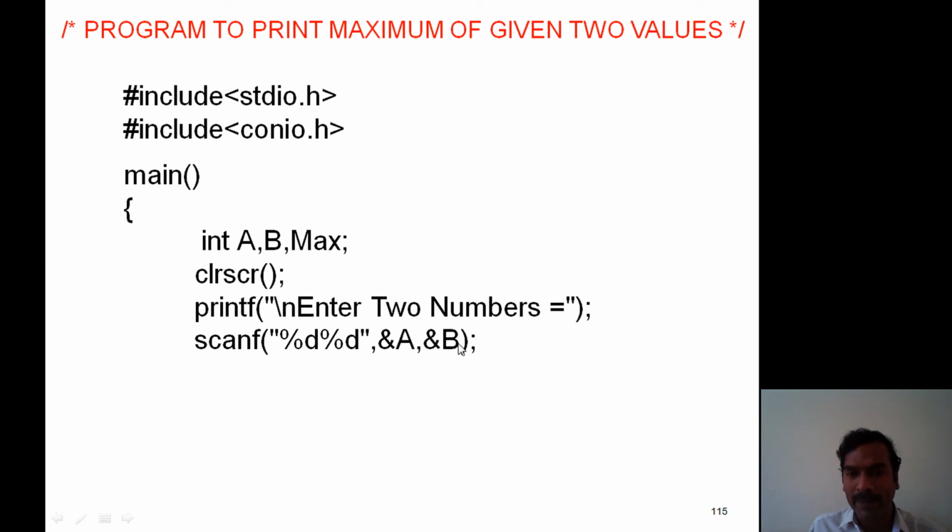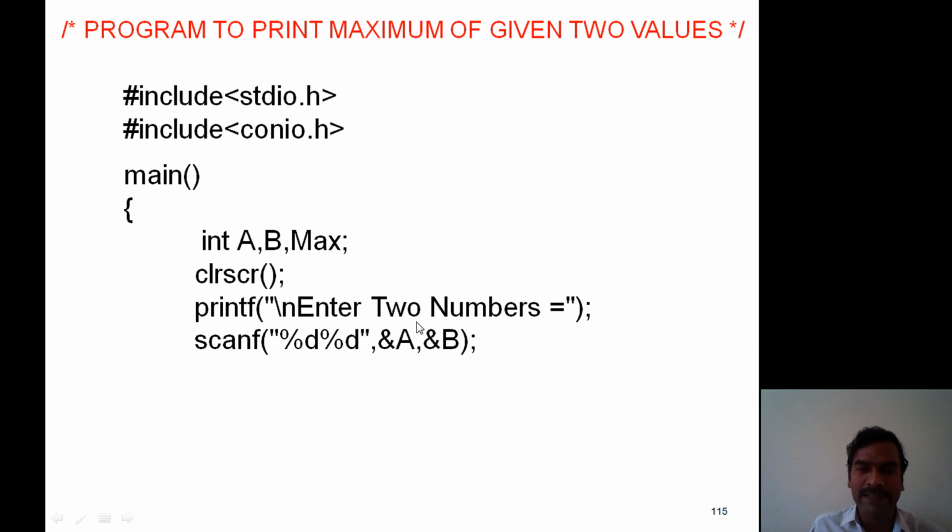Is it A or B? Now we need a comparison between these two values. If A is greater than B, and it is true, then A is the maximum value. Otherwise, B is the maximum value.